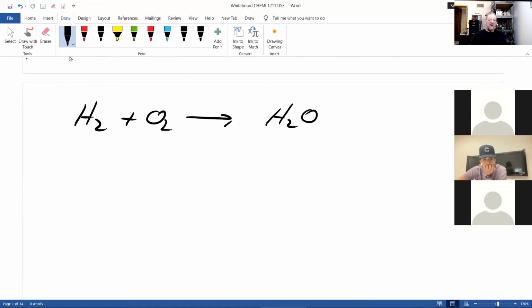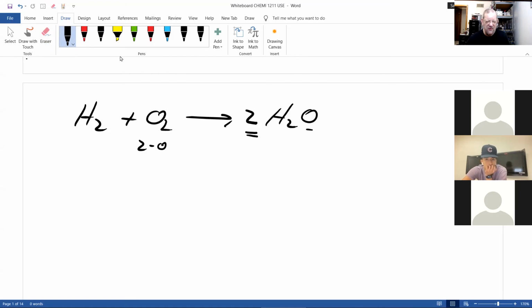Now, as I pointed out earlier, and everybody see the equation, hydrogen plus oxygen makes water on your screen? Thumbs up, people. Do you see it? Thank you. Now, there's 2 oxygen here, but there's only 1 on this side. It should be 2. Well, you can't put a 2 there. Students like to do that. That's hydrogen peroxide. That's another molecule.